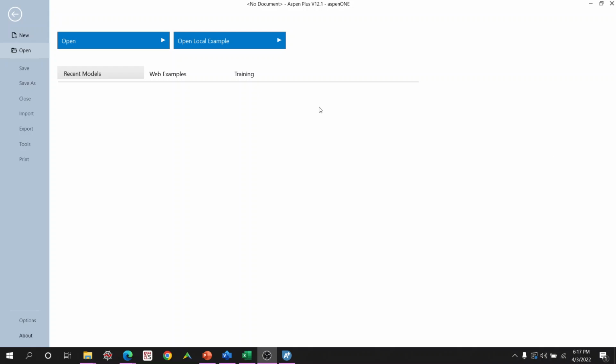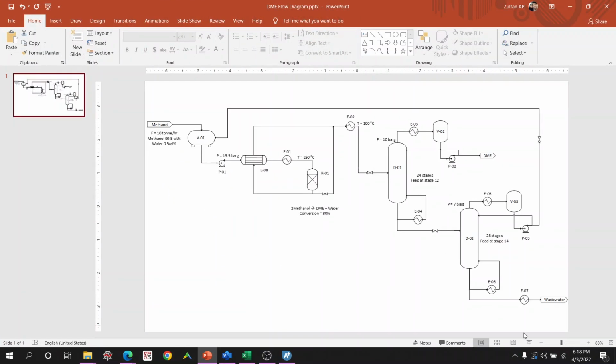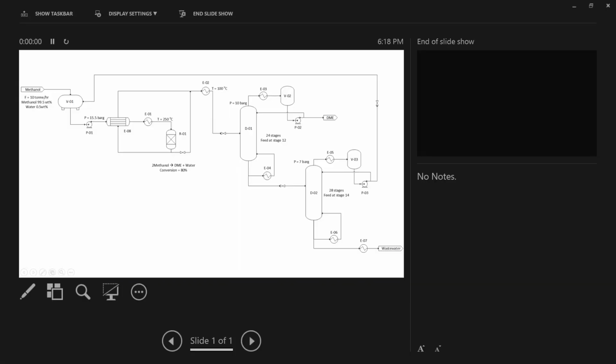Hi, I'm going to show you how to build a process simulation model using Aspen Plus. I'm using Aspen Plus version 12.1. We're going to quickly develop a process simulation for a simple DME flow diagram. So for example, in this case,